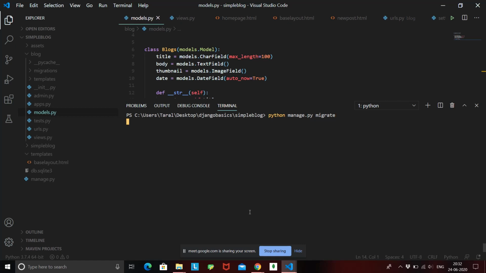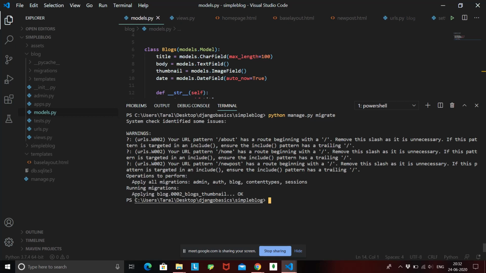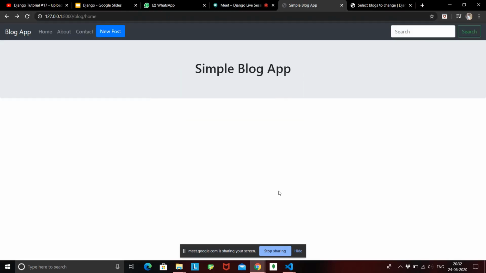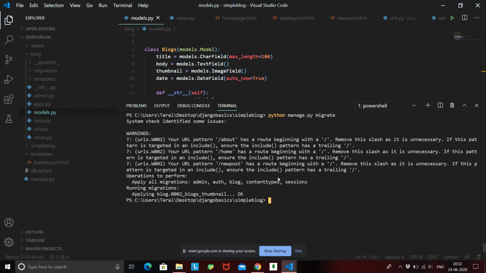Once I hit enter, this is going to tell me that applying is done and all the migrations are applied. So now we have successfully created the migrations that we want. And if we go back to our admin page, first we need to run the server. Now our model will contain 3 fields, that is title, body and thumbnail. So let's run the server again.